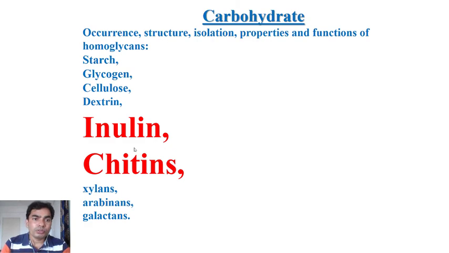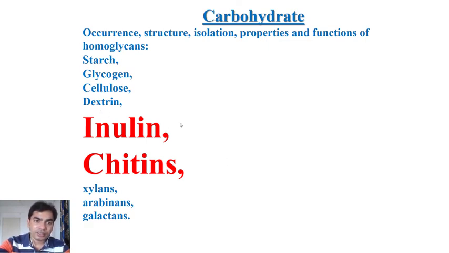Right, so this is all about the cellulose and very brief about the dextrin. How we can isolate the cellulose, how we can isolate the dextrin, what is the application of the cellulose, what is the application of the dextrin. Cellulose has the beta 1,4 bonding, with side chain beta 1,6 bonding. On the other hand, dextrin is a byproduct of the starch, a hydrolyzed product of the starch and the glycogen that may have alpha 1,4 and alpha 1,6 bonding. So these are very different, cellulose and dextrin.